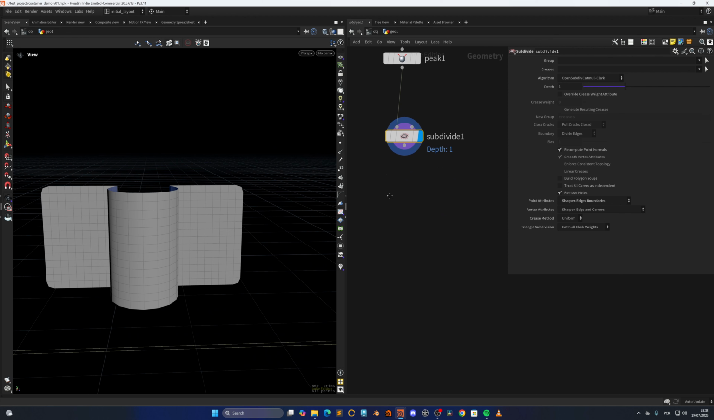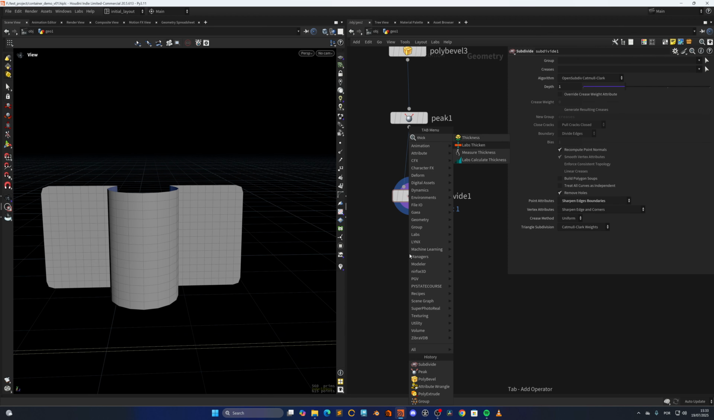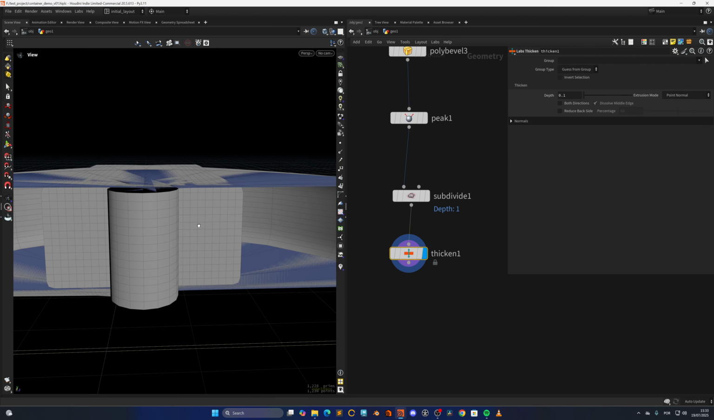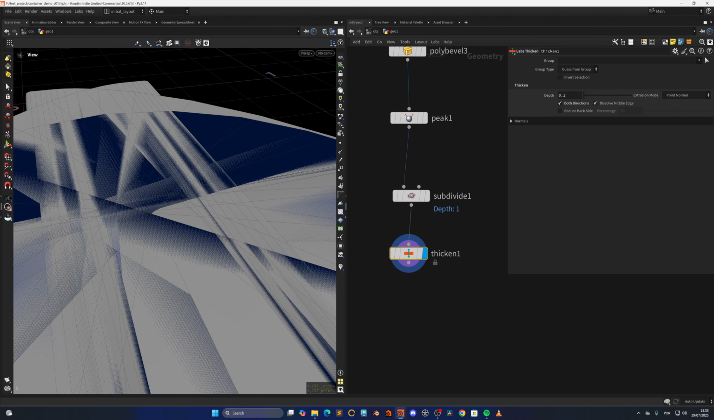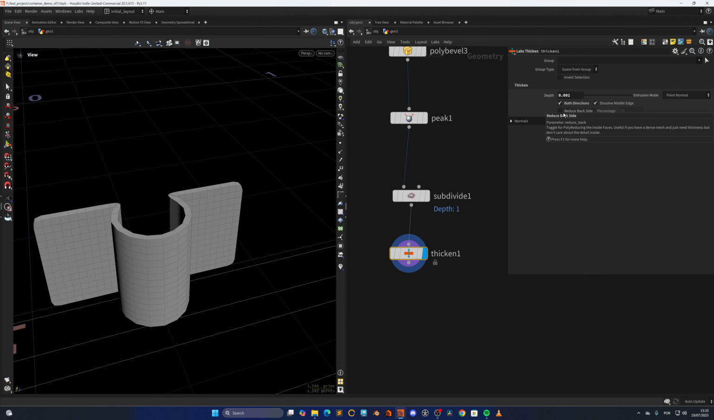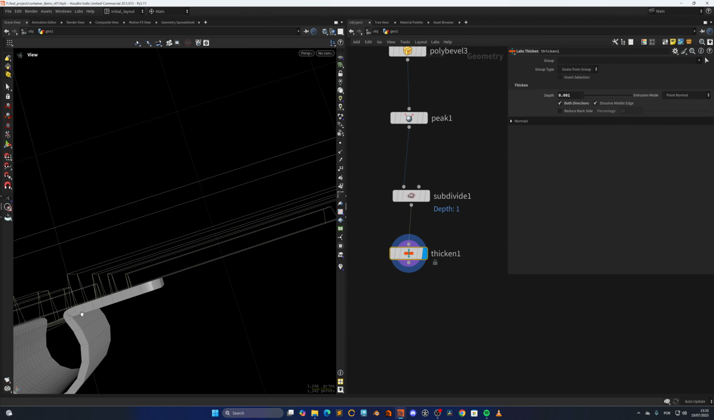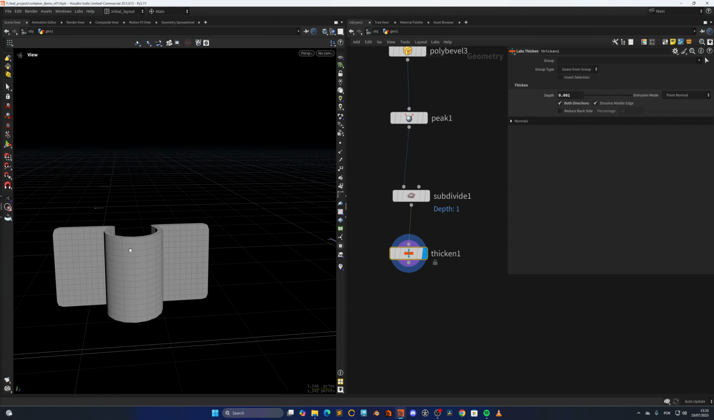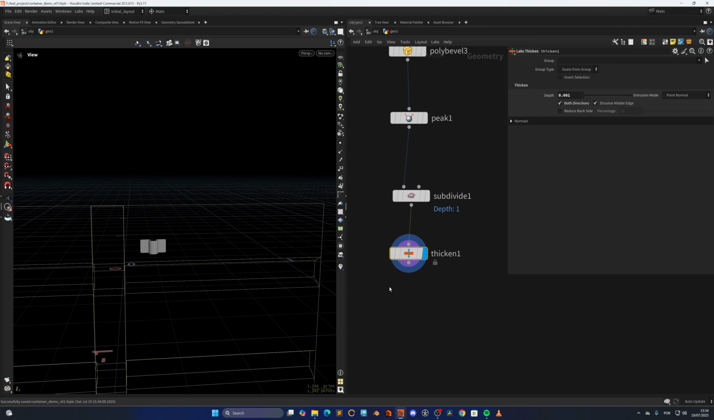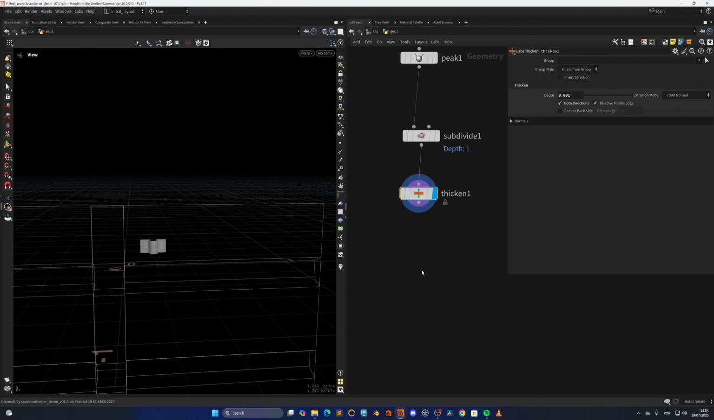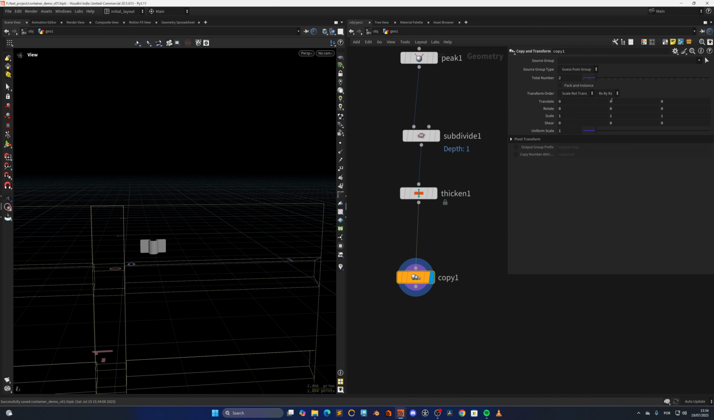And now we can do a simple thicken. Let's do it on both directions, but I want a very small value, so 0.001, something like this. Even this gives us some problems in here, but it doesn't matter. And now we will just copy this around. So let's copy and transform, and move this back, move this down by about 0.2, and we can